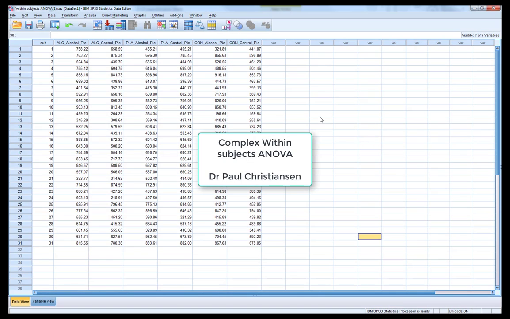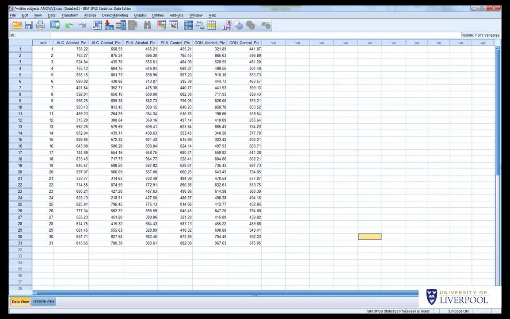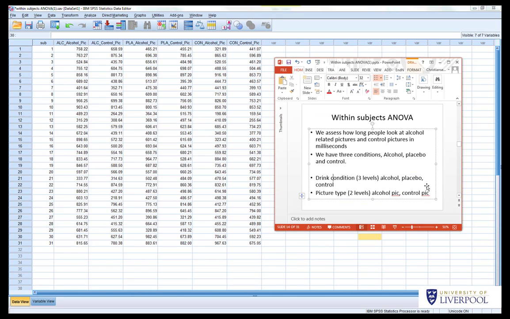So this is the analysis guide for doing a complex within subjects ANOVA. It's based on what we covered in the lecture, in which we had a 2x3 within subjects design. If you recall the lecture, what we were interested in was how long people looked at alcohol related pictures and control pictures in milliseconds, in which basically participants were shown images which contained alcohol pictures and control pictures, and